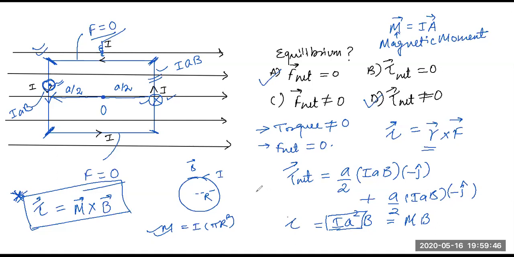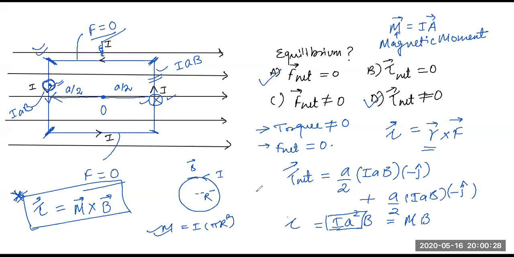You must have studied this in rotational dynamics. For different points, torque will be different. If you take the origin at a certain distance, torque will be something; if you change your origin, torque will change. But this is the condition of a couple. In the case of a couple, you take any point and you'll get the same torque. Otherwise, if you change your origin, the torque will be different.